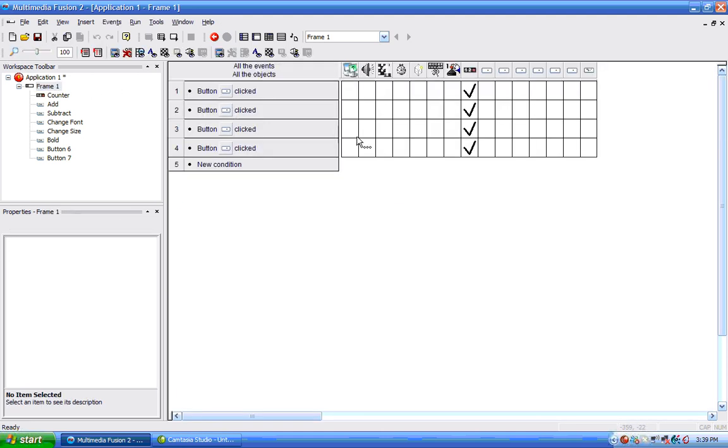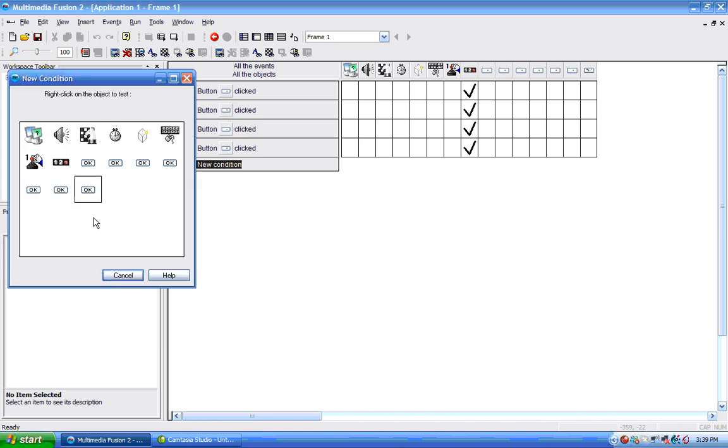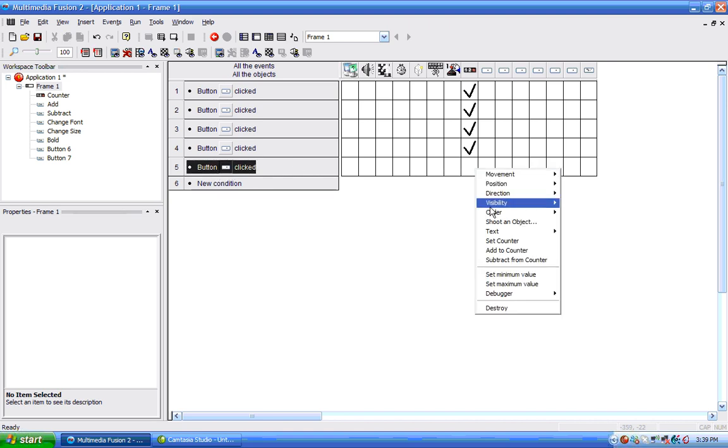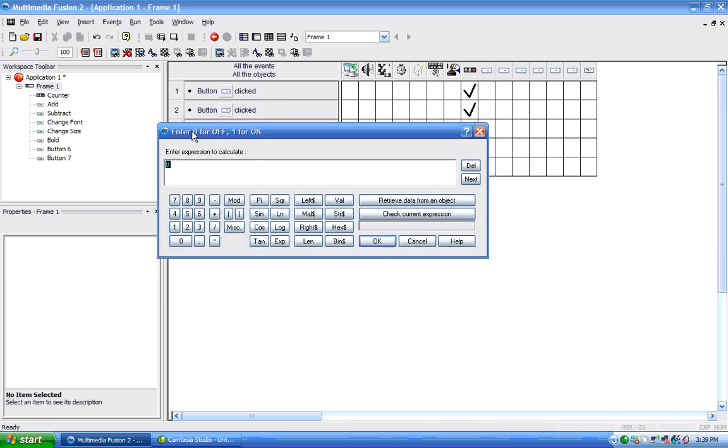And now we can see that if the bold button is clicked, then we want to set bold, and to turn off the bold we'll put in 0. To turn it on we'll put in 1. So this button's going to turn it on,